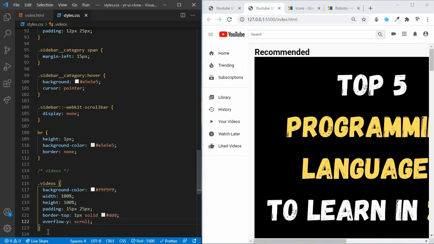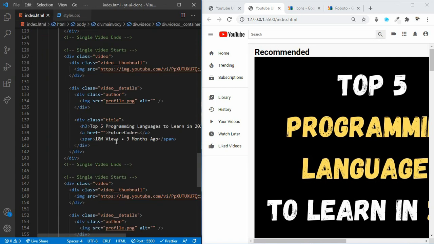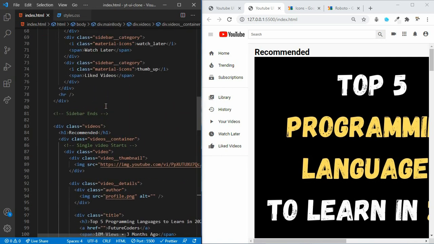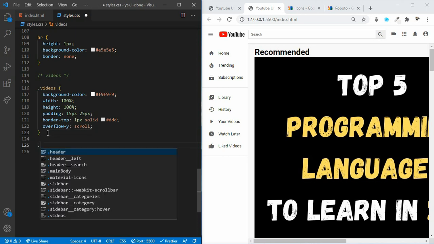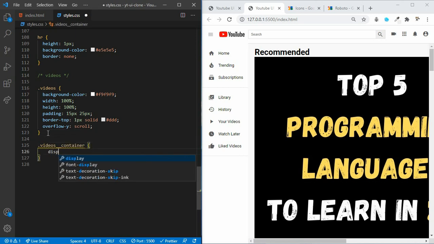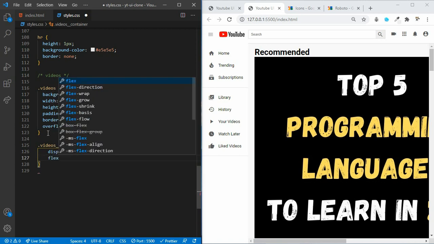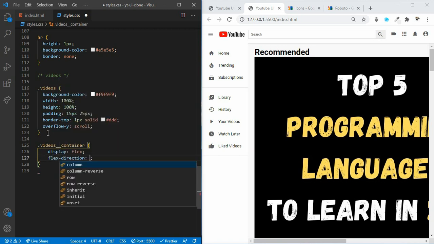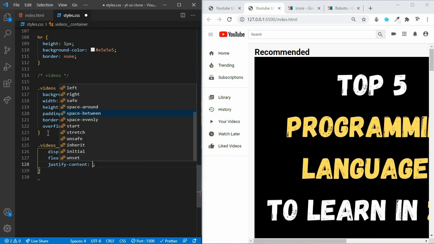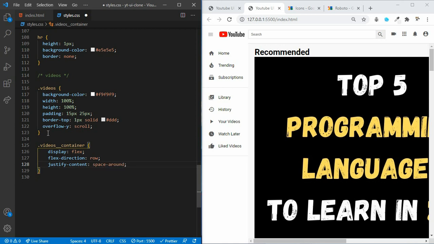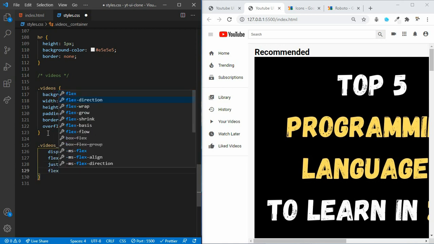Now let's target that videos container which is holding all of those videos. Let's display flex, direction to row. Let's say justify content space around, and flex wrap to wrap.